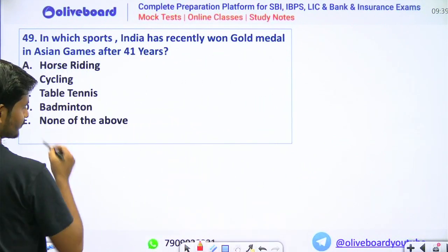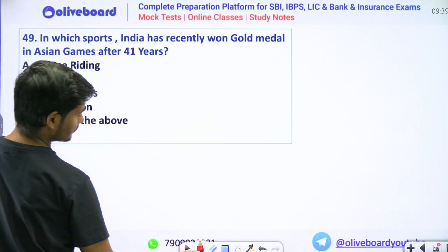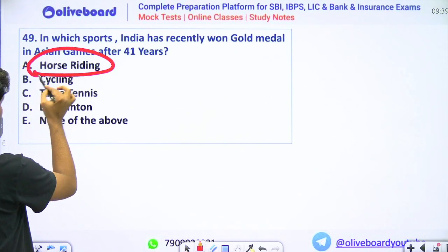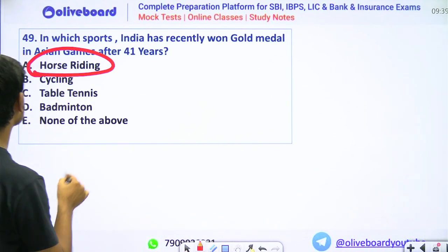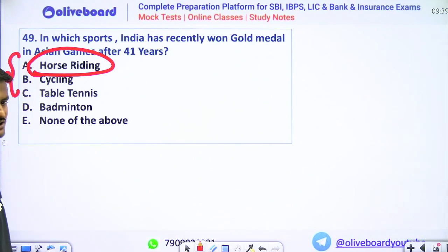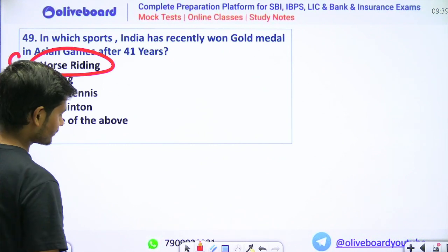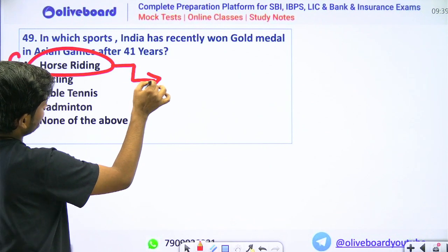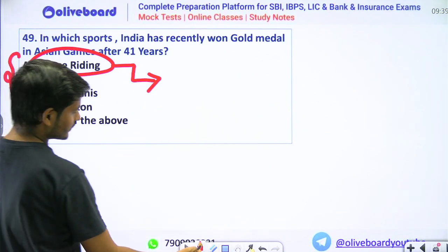Horse riding. Recently we have won in horse riding. Here you can also use the elimination method among A and B, that is horse riding and cycling, and we have achieved this benchmark recently in horse riding. And how would I remember that? I would have remembered this by remembering that